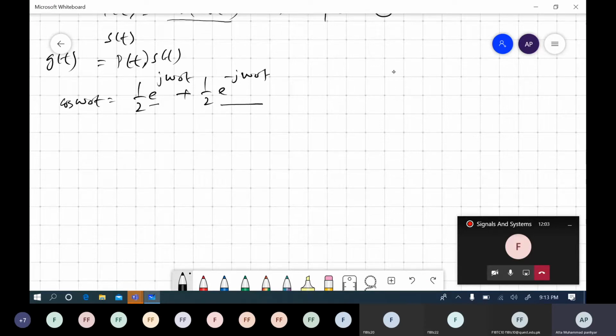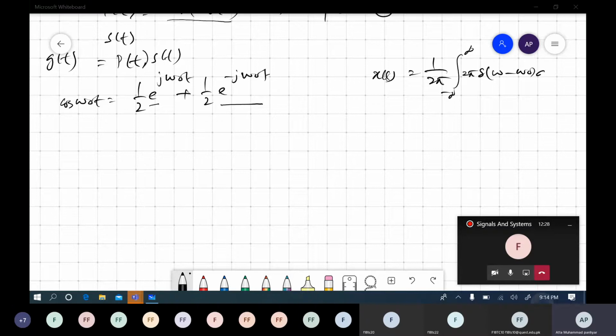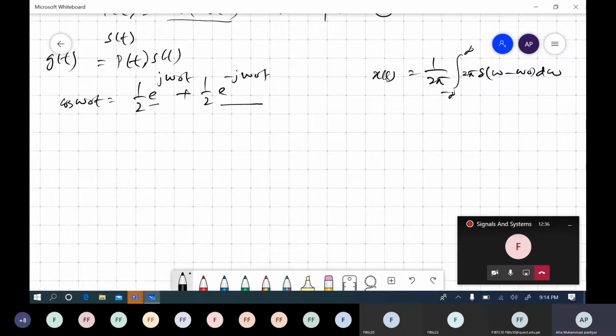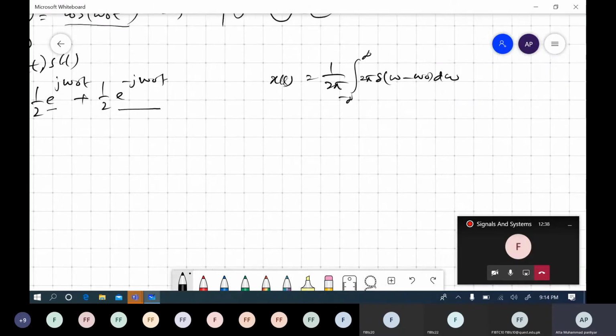If you remember, for periodic signals we computed the Fourier transform x of j omega equal to 1 over 2 pi, for an x of t. We said that the Fourier transform of a periodic signal is equal to 2 pi delta omega minus omega naught d omega, right? So if you see now,